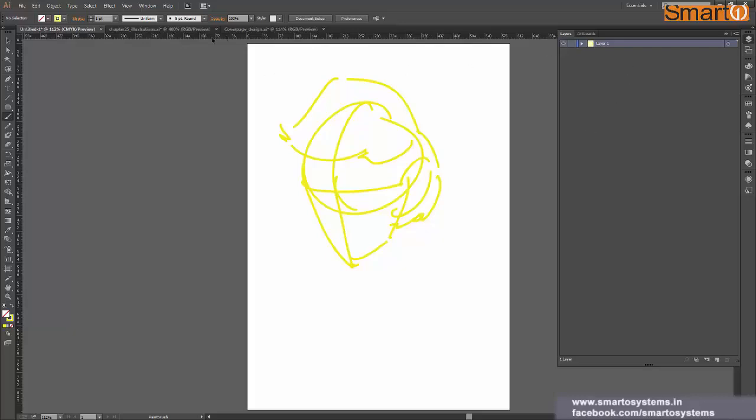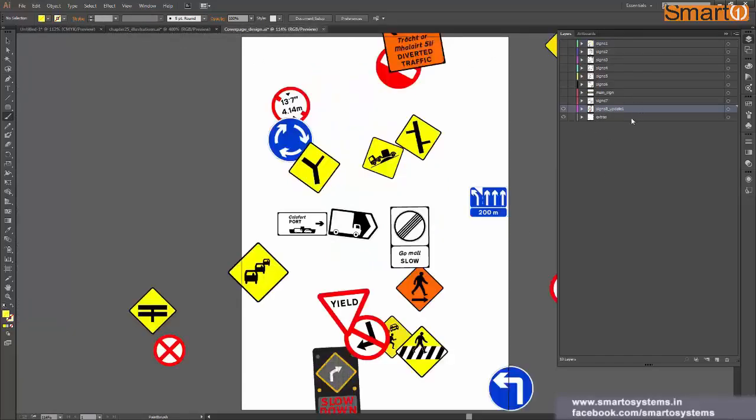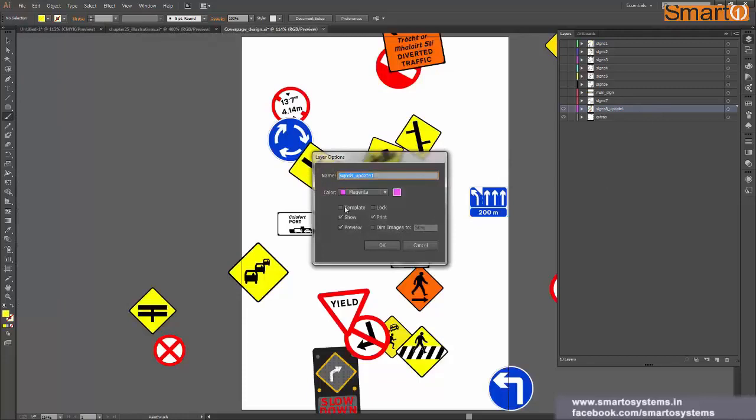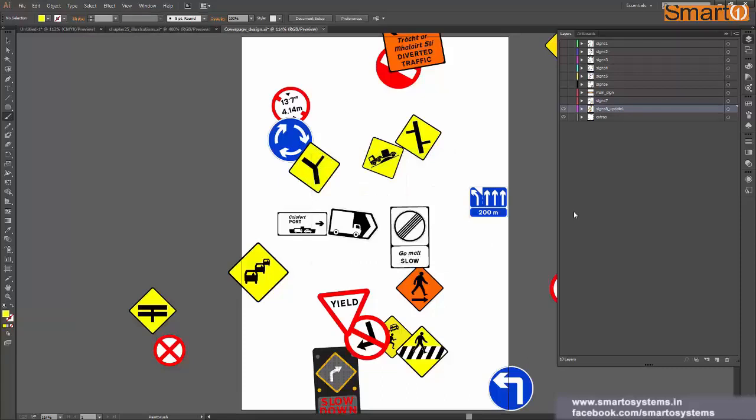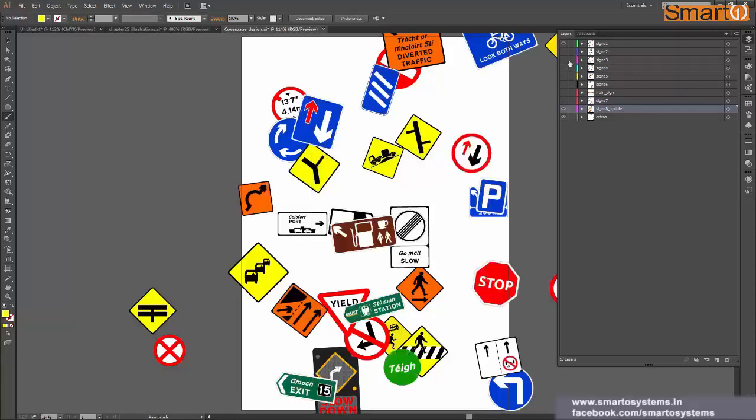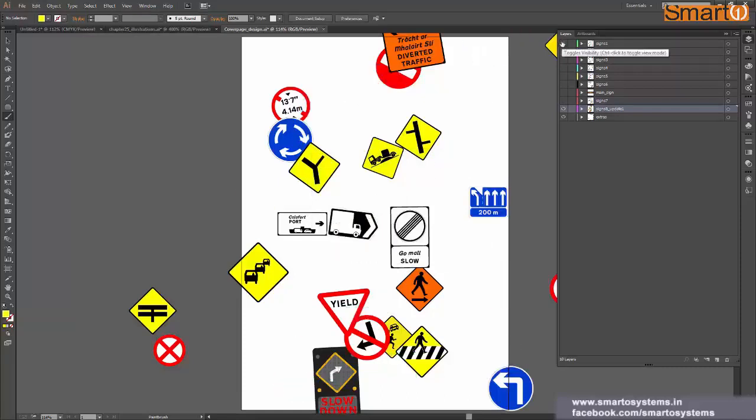But this option actually works best with images. If you have images in your layer, it will work best. Otherwise, if you have just vector shapes, you won't notice a difference actually. So right now I don't have any raster image here, so we'll skip it for a moment and we will cover it again when we are actually going to work on some example.